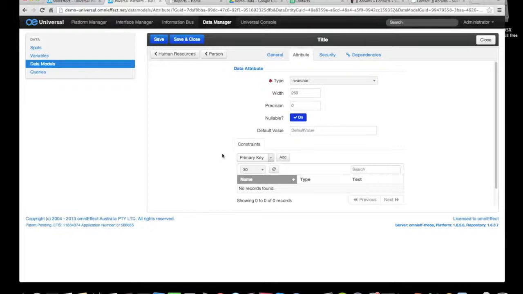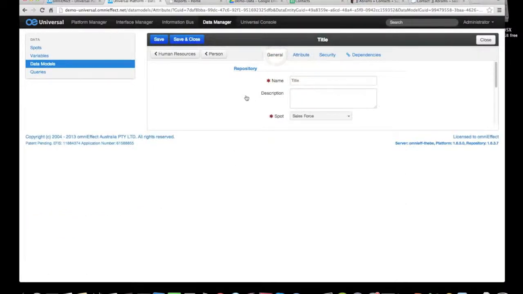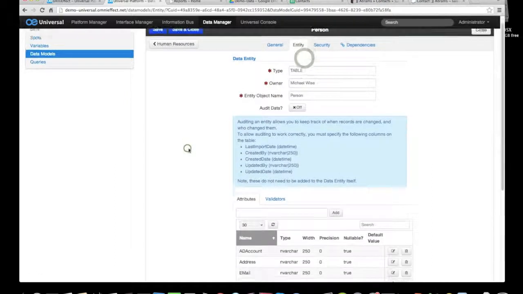So much a similar activity to what you would experience in database modeling, but it's more meta information about what we need to know about data moving through this data model. The final piece here is that we also, at the attribute level, identify a spot. In this case, title is being driven by SalesForce, so we're saying that SalesForce is the king of title for people in the organization. That's really important because it's a key differentiator from many other systems who only track at